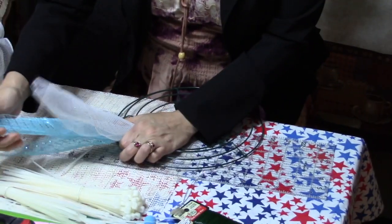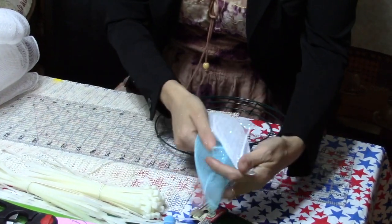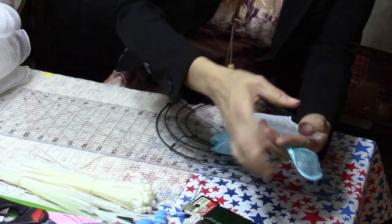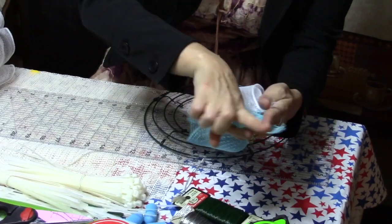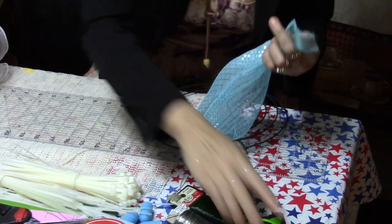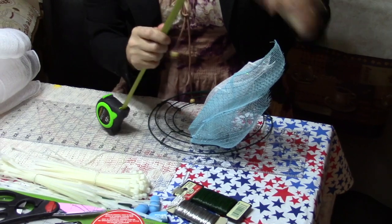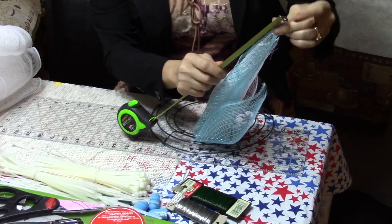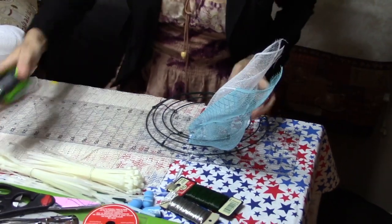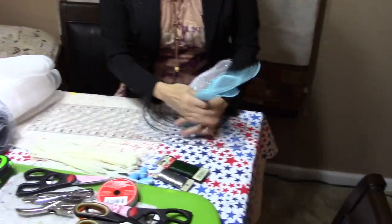So what I'm going to do is I'm going to hold it together like this, see how it cascades together, but you want this one a little bit longer. So about a finger longer. So take your index finger. Let's see, we can do this. If you have a ruler, it's about 3 inches. 3 inches longer than the one before, right? Then you're going